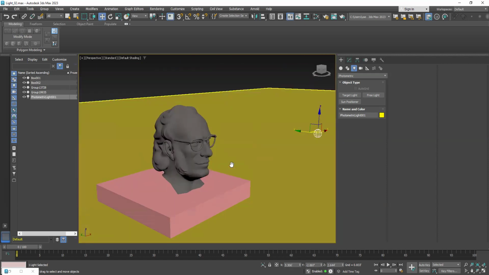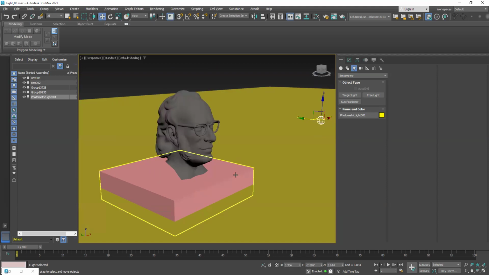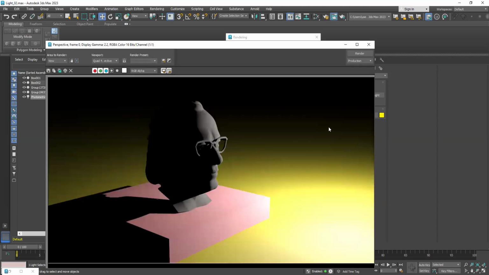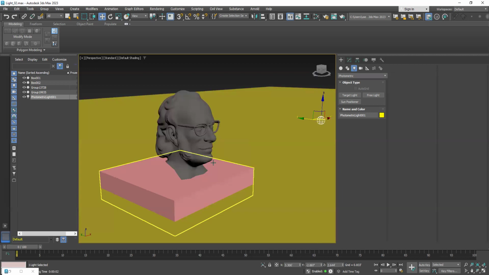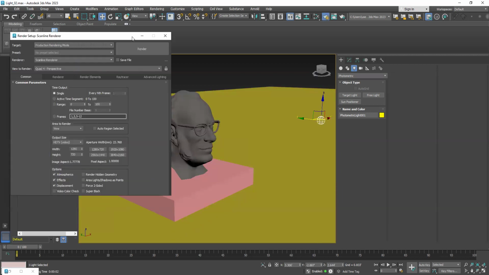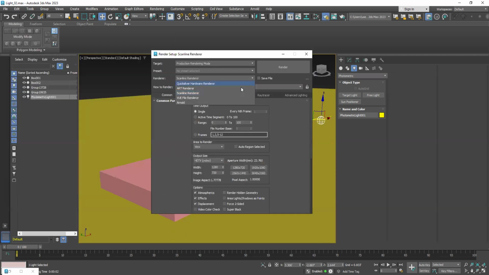Now I go to the next view. From the light, you can see the light here and the darkness here. F10 for the render settings. Just change your light to arc light, a ray tracing, Autodesk ray trace render. In the render settings, if you change